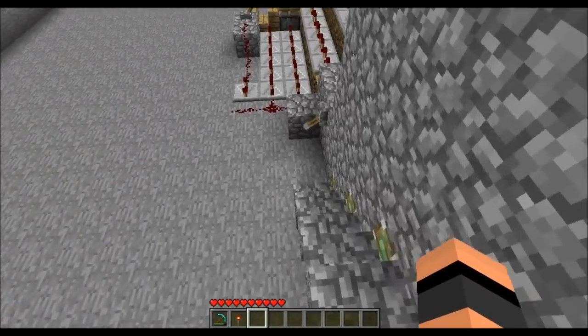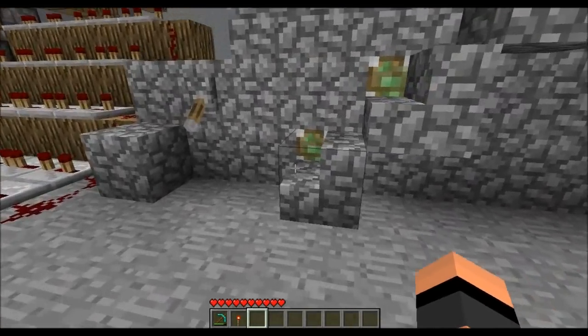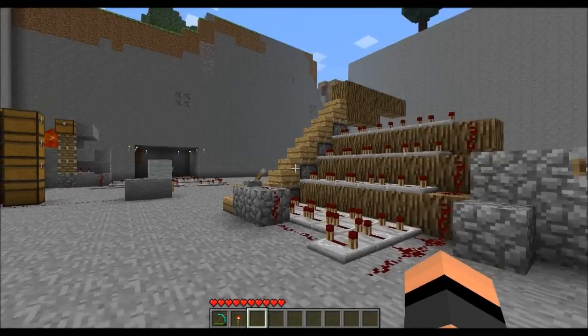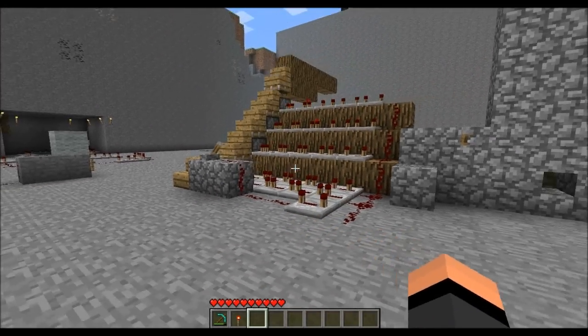I'm just creating false scenarios for when you'd use this. Here's kind of like, if you want a discrete staircase or something. Over here, I have no idea where you'd want to use this. But,